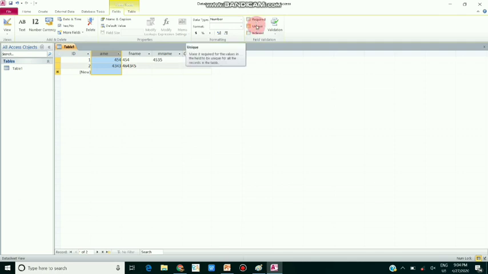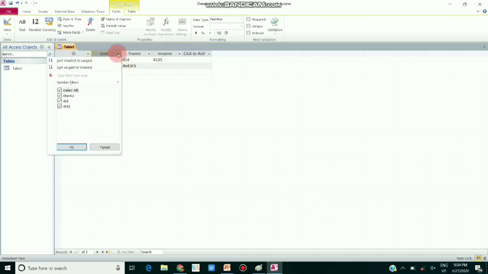What is the meaning of unique? It means that this is a primary key. Whenever you choose a primary key on a single column, there should be no duplicacy of data. Suppose I had chosen unique here.